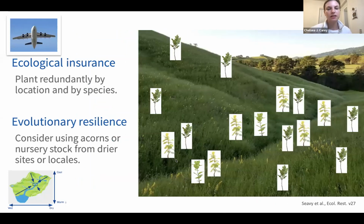So the ecological, I'm just going to touch on these two a little bit more. The ecological insurance or redundancy is the idea that you would plant redundant species that have been collected from particular locations in the area or by species. And what you're doing there is similar to what an airplane would have, where you have maybe 4 engines. If one goes out, if one doesn't survive, you have others there to function similarly. So it's building in that redundancy that will help provide success in whatever ecological function you're trying to achieve, whether that's